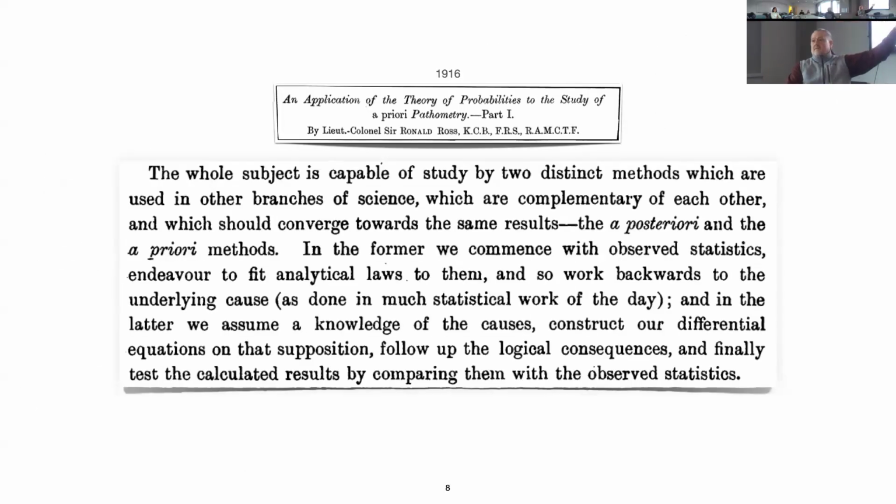Now, after Ross stopped working essentially on the prevention of malaria, the next phase of his career, he was going to work on something that he called a priori pathometry, a name that clearly hasn't caught on. Nowadays, we would call it mathematical epidemiology. But in the beginning to one of those papers, he advocates this as a process. He makes a distinction between statistical analysis and mechanistic analysis, which he called a priori and a posteriori. And essentially what he's doing is laying out a roadmap for us to use mathematical models in combination with statistics to understand complex things like malaria epidemics. He was actually going for a full-on theory of all epidemics.